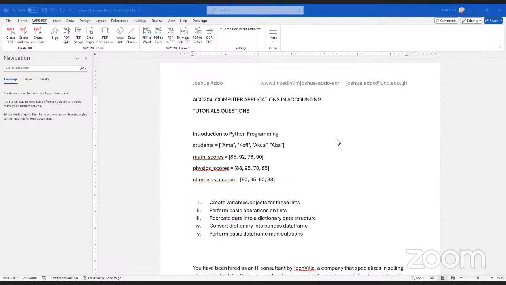So this is what I will not do. I will not ask you to define anything. I will not ask you to write the steps in doing anything. I will ask you to do the thing itself as we do it in practice. So you will program. And by that, you're supposed to have your gadgets ready, basically your laptop.